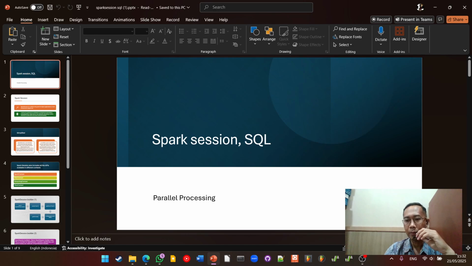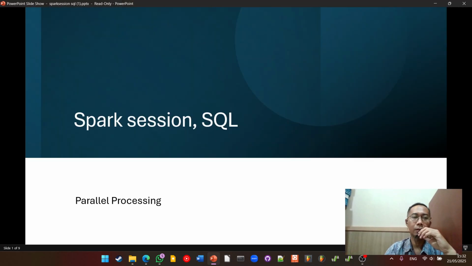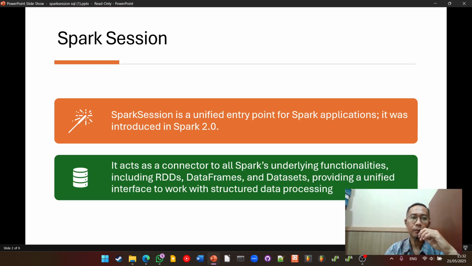This is a platform where you can run a query, SQL, structured query language, on parallel processing. Spark session is the unified entry point for a Spark application. It was introduced in Spark 2.0. It acts as a connector to all Spark underlying functionalities, including RDDs, data frames, and datasets, providing a unified interface to work